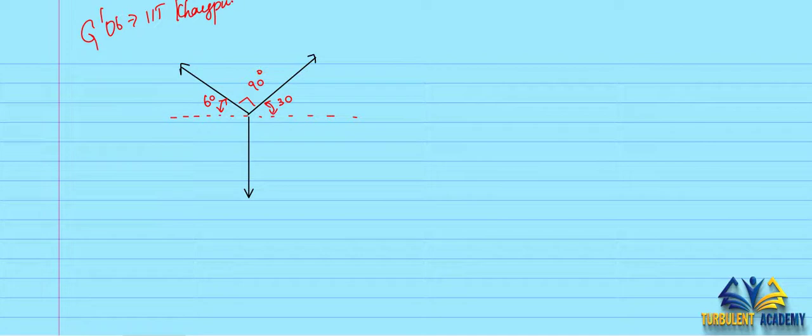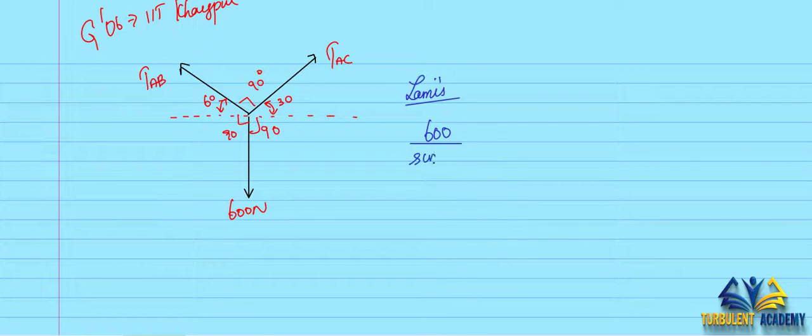They have given 60 and 30, so 180 degrees minus that, you get 90, and this would be 90 and this would be 90. Given the diagram, which has TAC and TAB, and this is going to be 600 Newton. Directly, if we write Lami's theorem, it would solve the issue. So Lami's theorem: 600 divided by sin 90 is equal to TAC divided by sin 150,